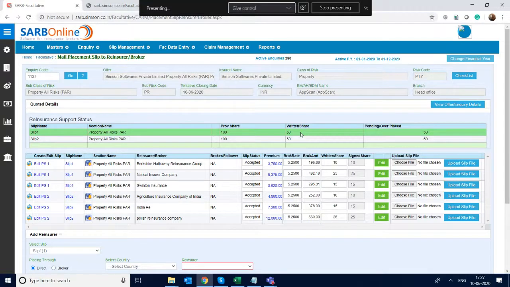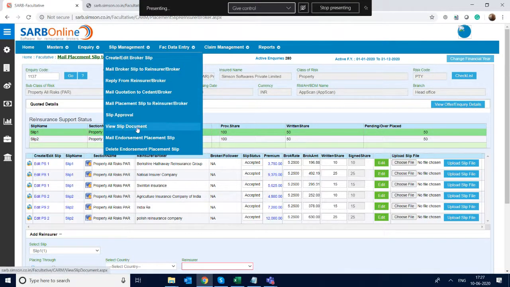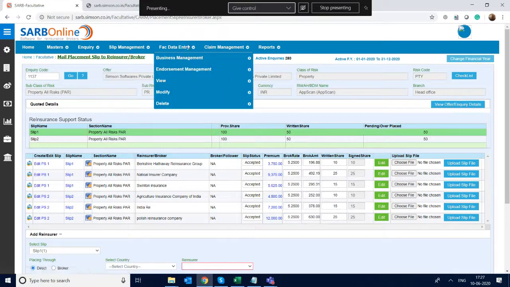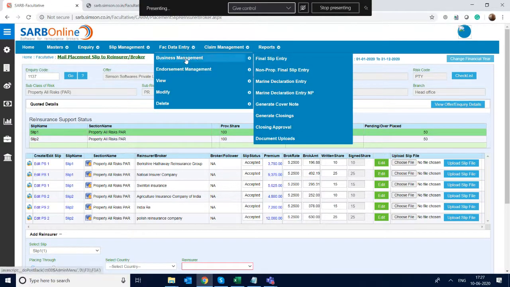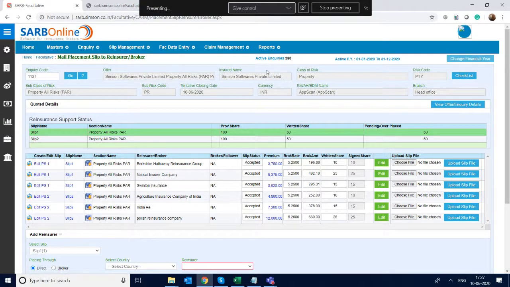So to rewind the things, what we have done in this webinar today is up to placing the slip. Once placement is done, we will move to the technical entry, but that's another session. We will plan again based on the feedback of this, on how to generate the slip, cover note and the closings. So the next step will be creating the cover note, creating the final placement entry and generating the credit debit note from that. So to rewind again, I'm just quickly taking you through that.